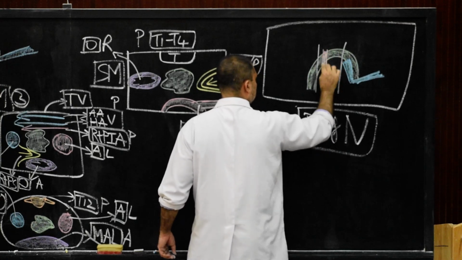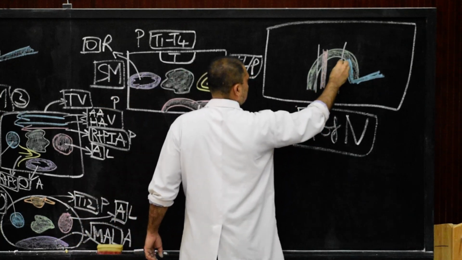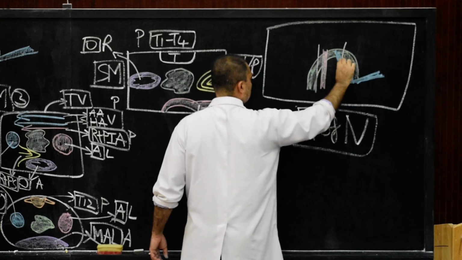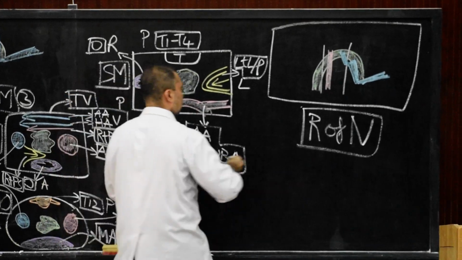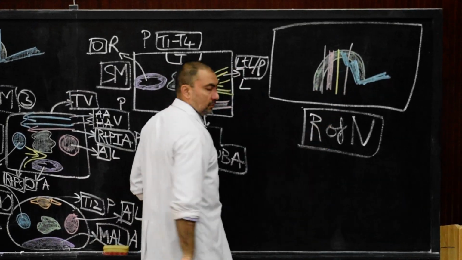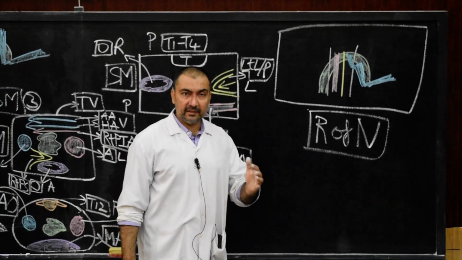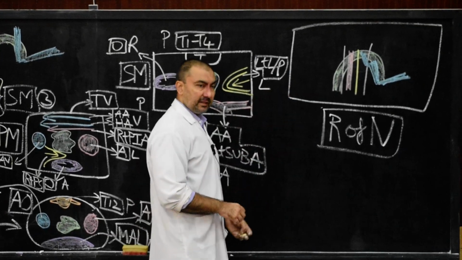Along with the common carotid artery, there will be the presence of the internal jugular vein, and there will be the presence of the vagus nerve. So the carotid sheath, common carotid artery, internal jugular vein and vagus nerve, these structures will form anterior relations to the thoracic duct in the root of the neck.